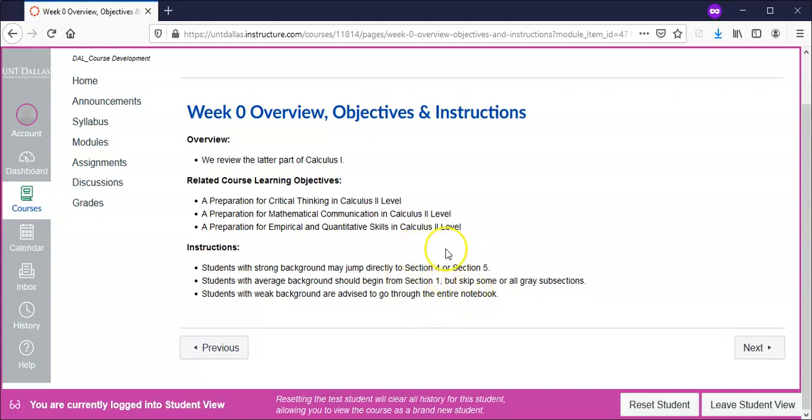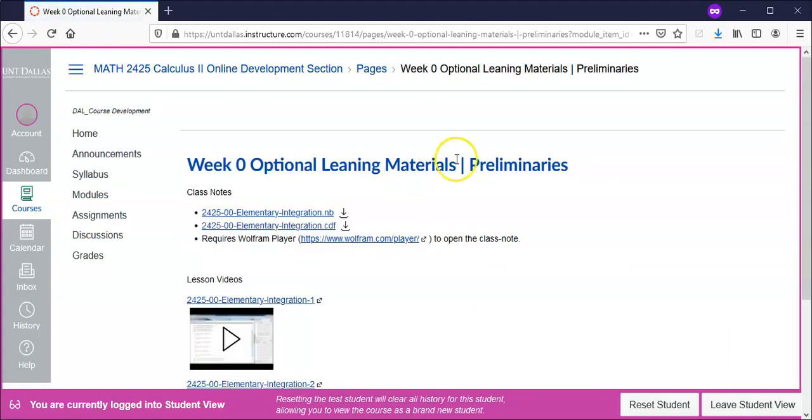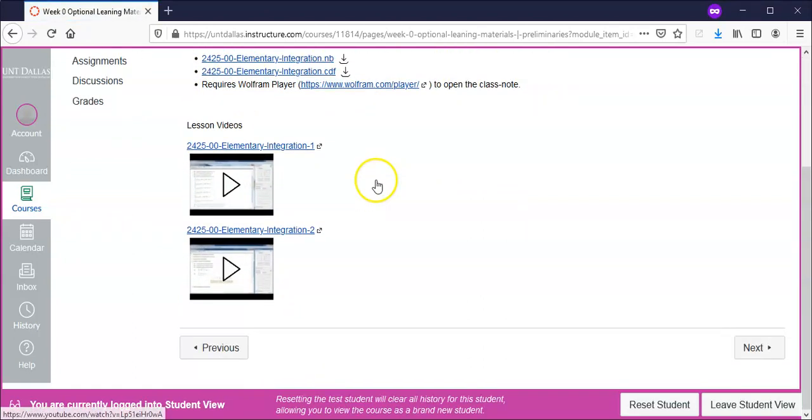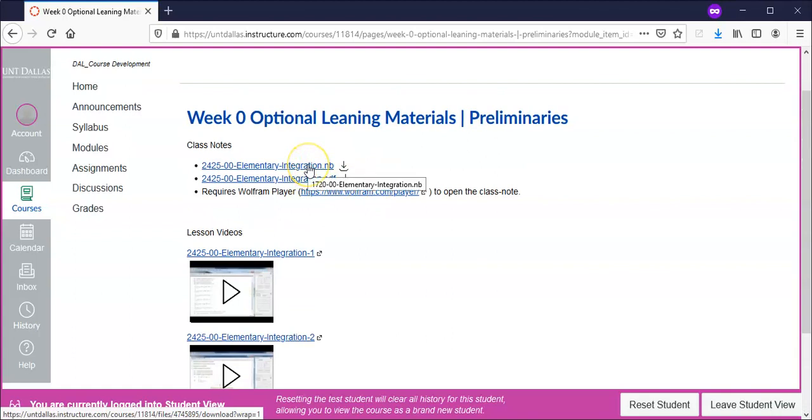I mean, it talks about what kind of sections to skip. That's because this is preliminary. Usually, in normal week, there's no section to skip. So instruction is going to be pretty much the same, which I'll show you a bit later. Week 0 is like this. We have class notes and the lesson videos. Let me show you class note. Click and then